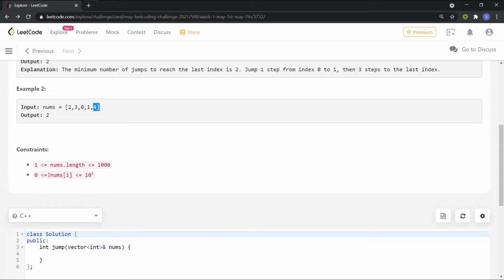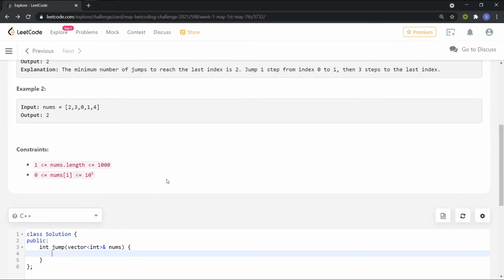Also, the values present in the array can be as high as 10 power 5. If you get a number as high as 10 power 5, like 10 power 4 or something, and the maximum jumps required was 999, you can easily go from that cell and reach the final destination, but our code will take care of it, so no need to worry about that. The maximum jumps possible in this case is 999.